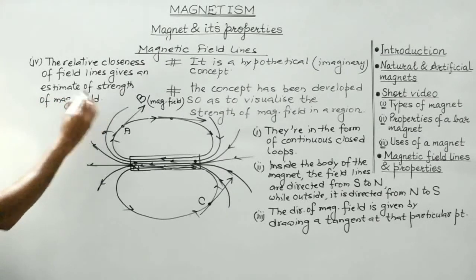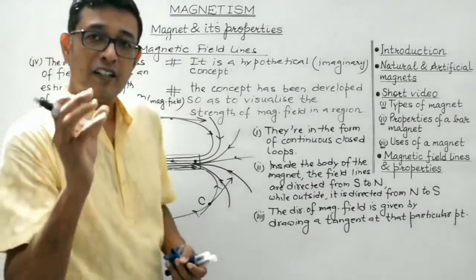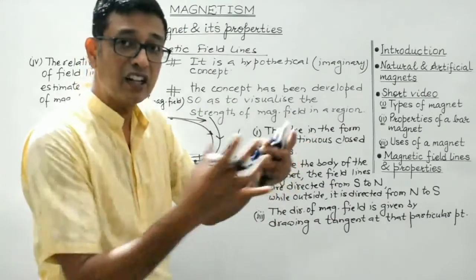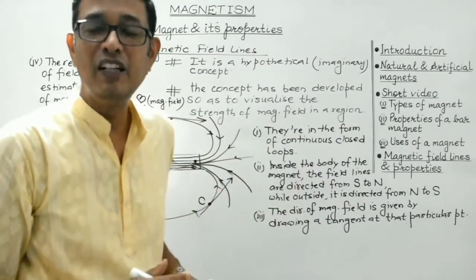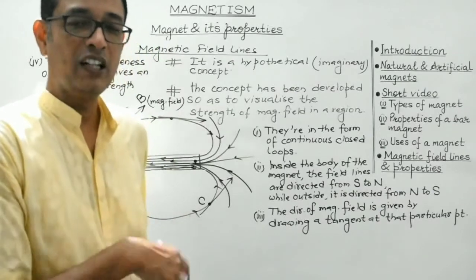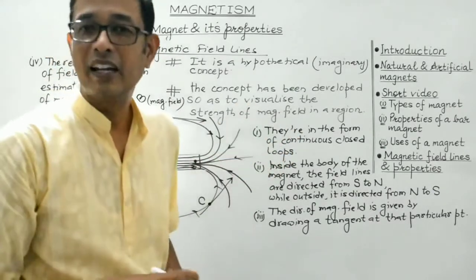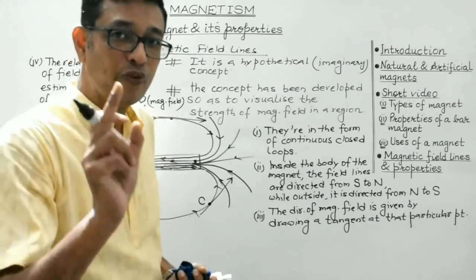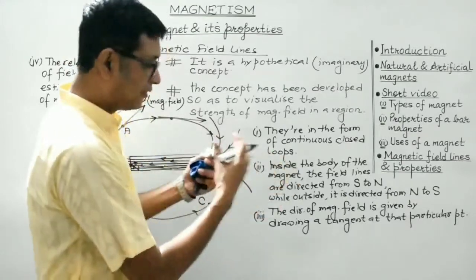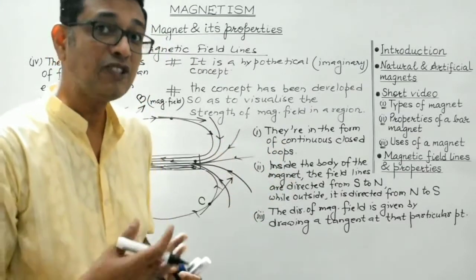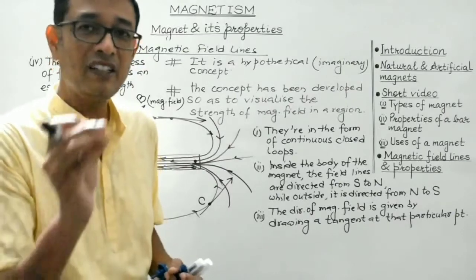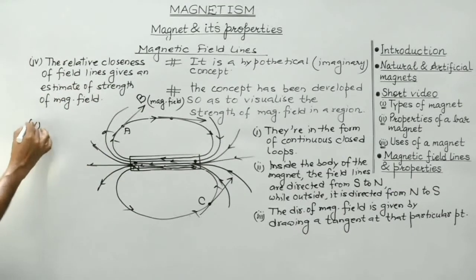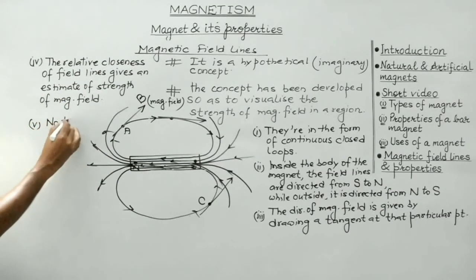Clear, students? So I must again repeat, in the region of the magnetic field, the portion at which the field lines are crowded, there the magnetic field must be stronger. While on the other hand, in the region where the magnetic field lines are less crowded, there the magnetic field strength must be weaker. So basically, the relative closeness of the field lines gives an estimate of the strength of the magnetic field in that particular region. And students, another very important property is that no two magnetic field lines